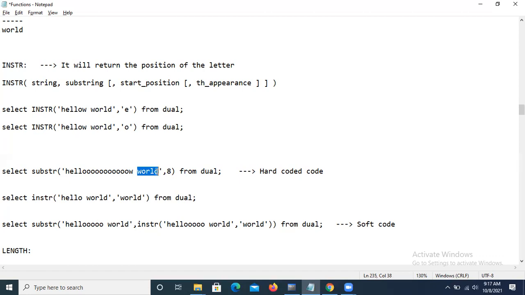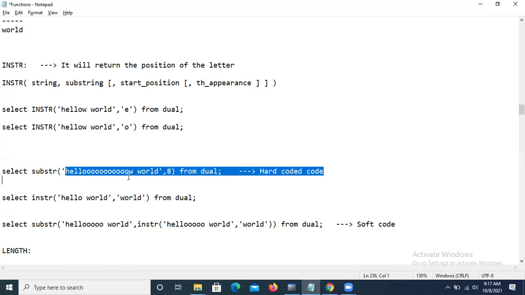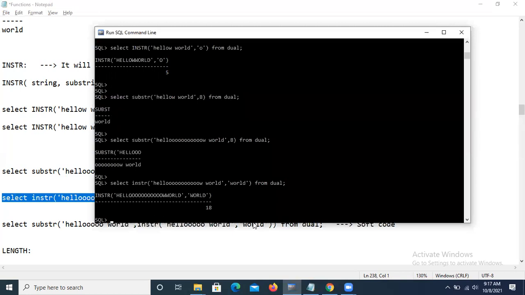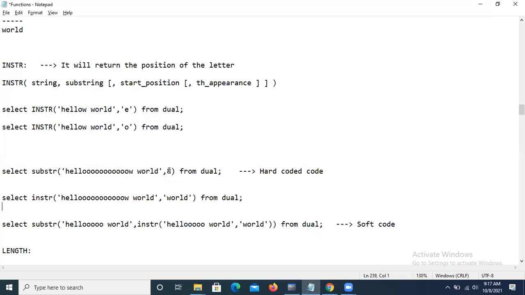In that scenario, how do we find the position of the string? By using instr, we can find the position. In this string, if you find world, it gives the position: 18. The 18th position, world is there. So again, if I give 18 here,